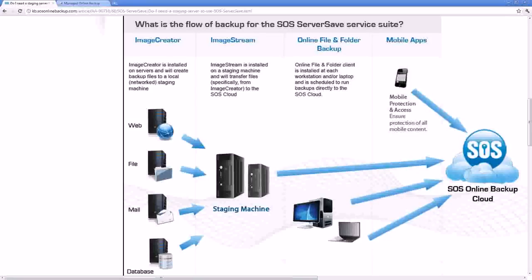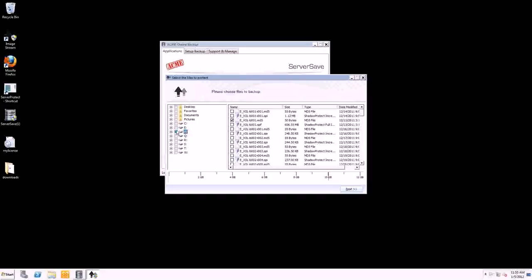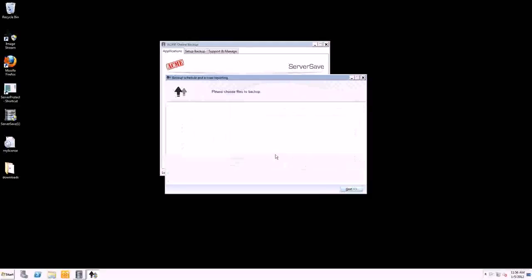So this is just a little map of how this all works out. But yeah, you would just say, okay, set up online backup. I would select my backup drive location, which is here. So I'd either back up everything in here or just a few things. And depending on your retention policy, you would probably just select the whole thing. Hit next, and then